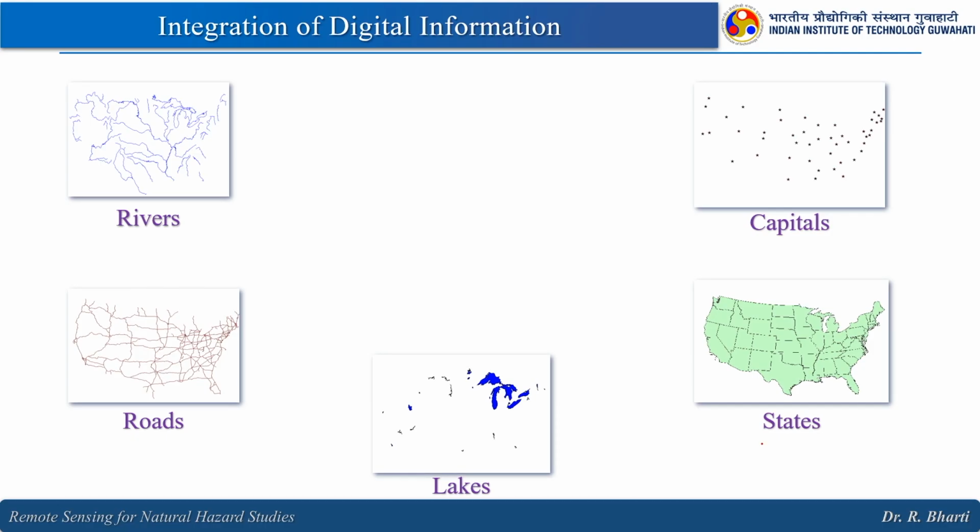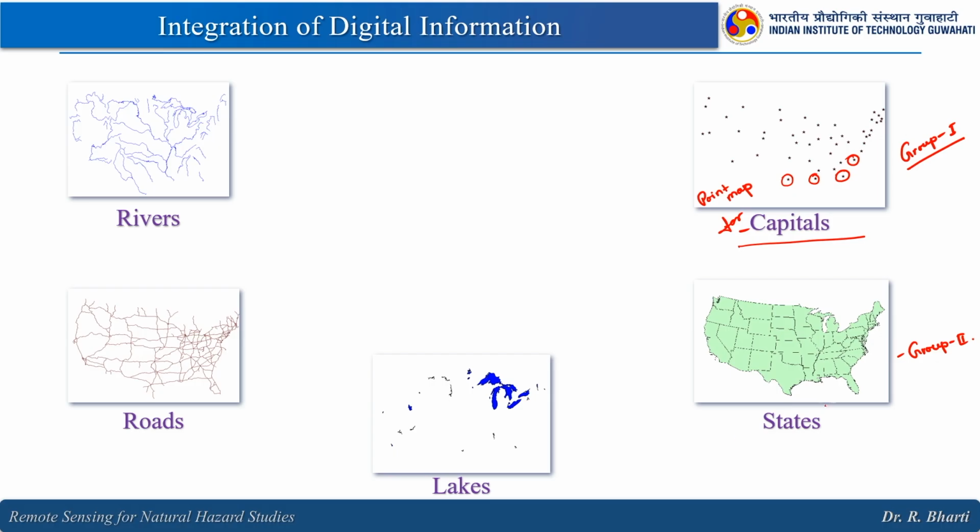So, this is what I was talking about, the integration of digital information. Now, let us say the first group, group 1, has generated the capital information for a particular country. The center of each capital has been generated, so they have generated the point map for capitals, right. Now the next group, group 2,